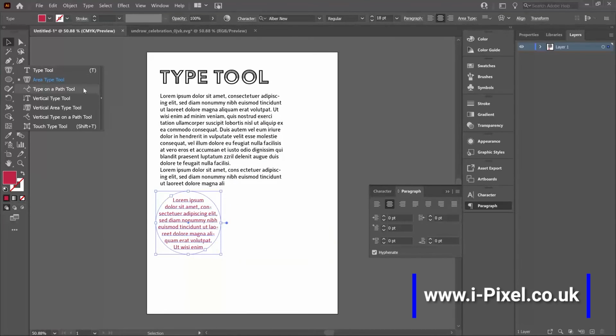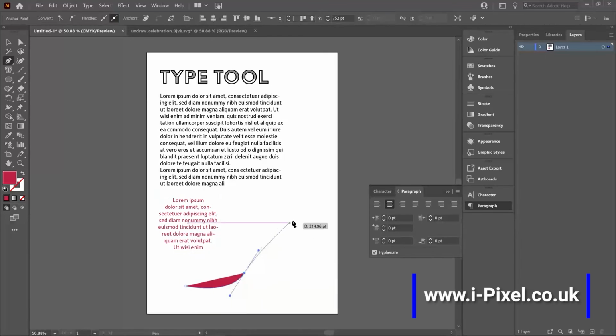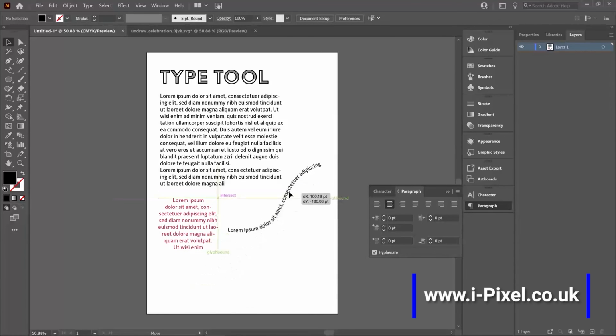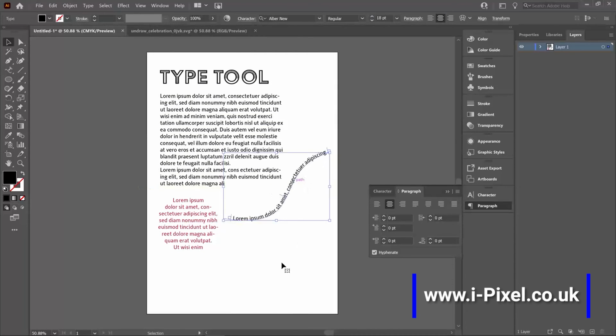And we also have type on a path. So area type tool, type on a path. Let's create a path with a pen tool. Go back to type on a path. You can just click on the path, make sure you see the path. And now we can type on the path. It can be very useful for fonts, typography, posters, any effects with text